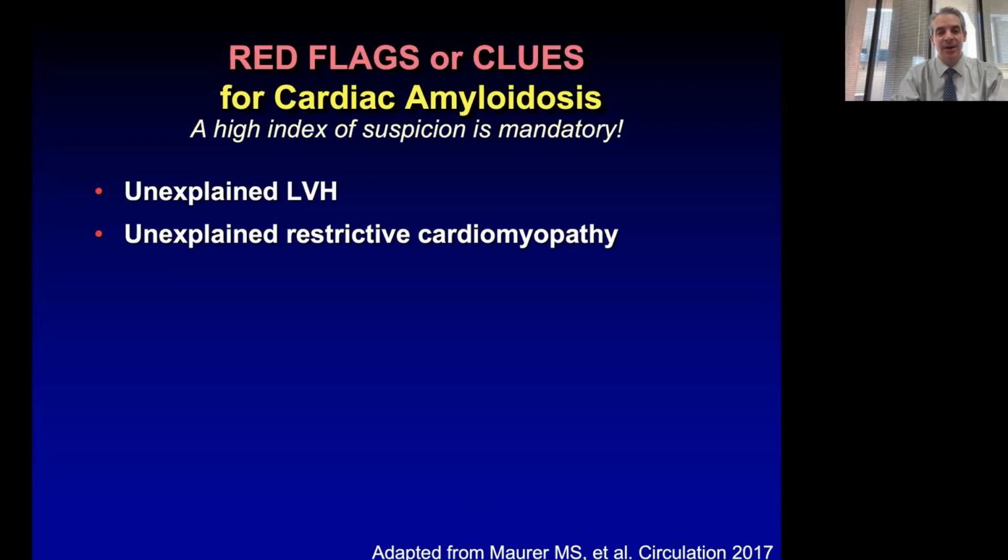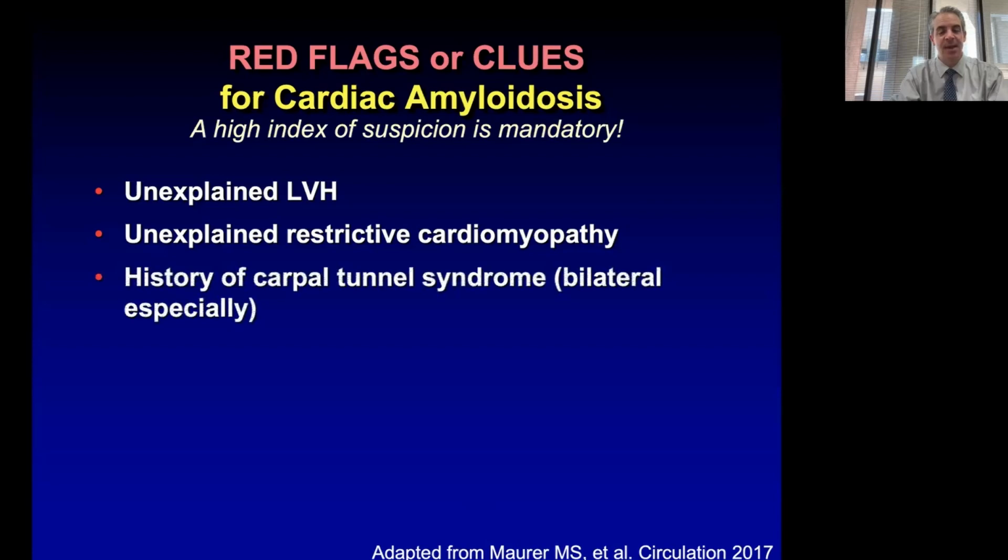But anybody with an unexplained restrictive cardiomyopathy should be considered to have a diagnosis of cardiac amyloidosis. And as I mentioned before in the prior slide, anybody with a history of carpal tunnel syndrome, bilateral especially, there have been a number of studies that have demonstrated that really within the 5 to 10 years prior to diagnosis, and this is either before AL or ATTR cardiac amyloidosis, that these individuals can have administrative coding diagnoses for carpal